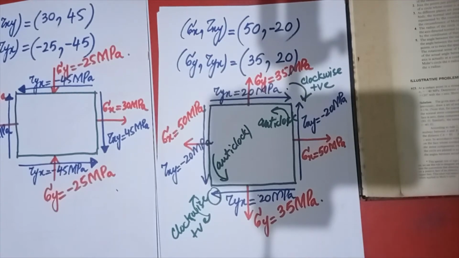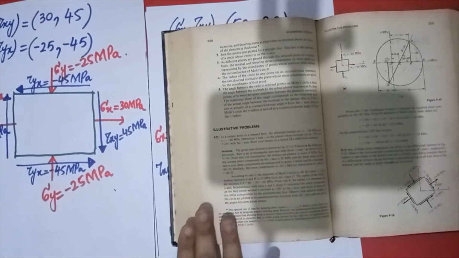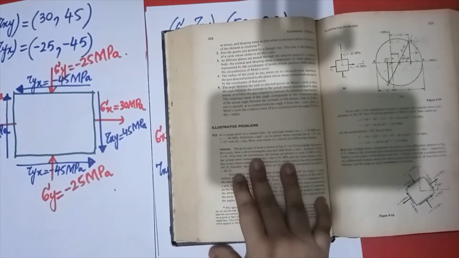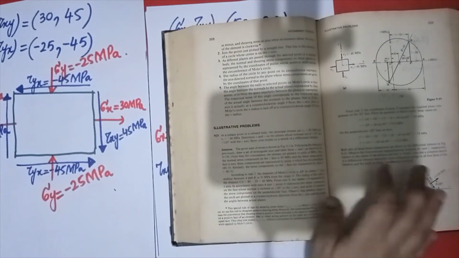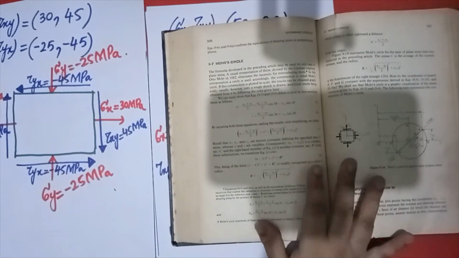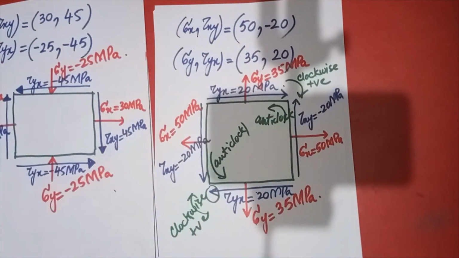So this is all about the rules for applying Mohr circle to combined stresses, as it is written over here. Another thing we have to do is: what is the formula for the radius and what is the formula for the center. So let me discuss what is